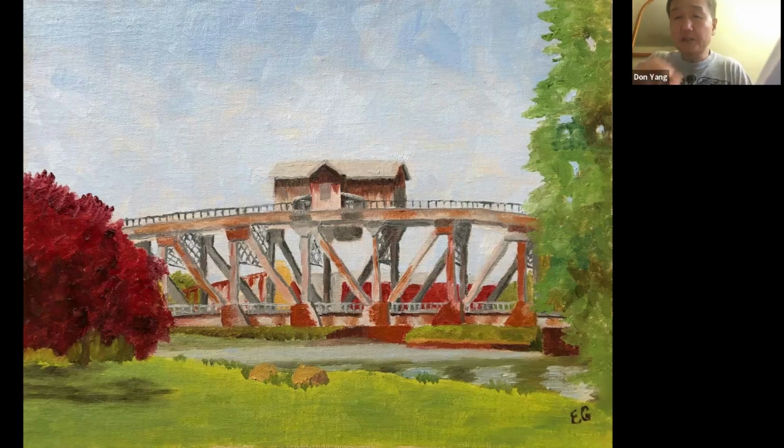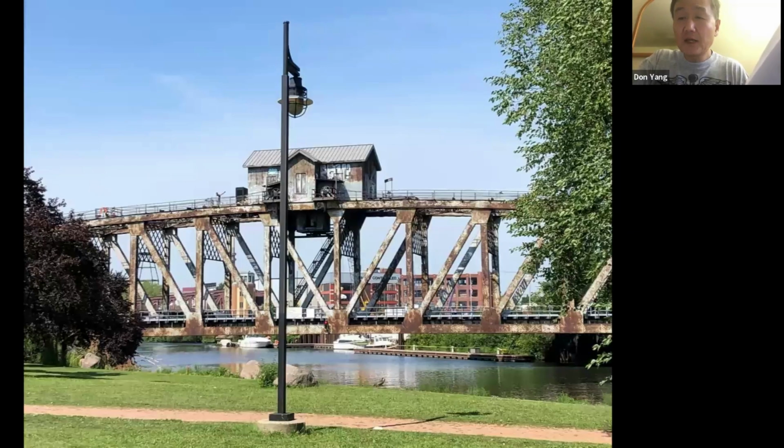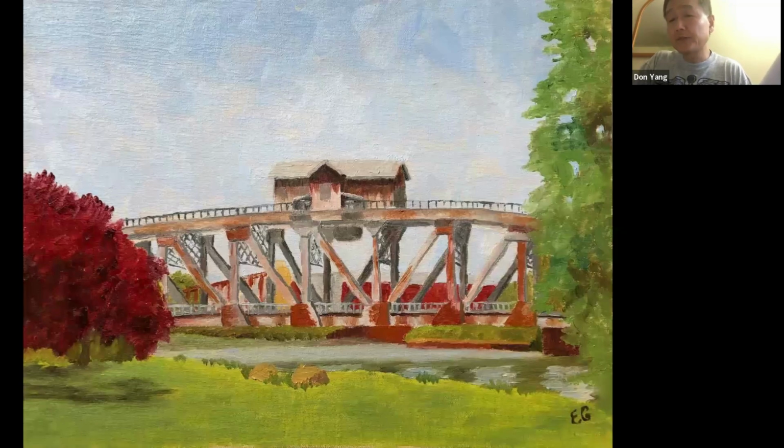One thing I noticed is the color intensity between the tree on the left-hand side and the building behind the bridge. That seems to be a little too similar. So I would definitely have tempered down the red on the bricks of the bridge a little further. That way it doesn't come so close to the foreground, and it gives a much deeper background appearance.